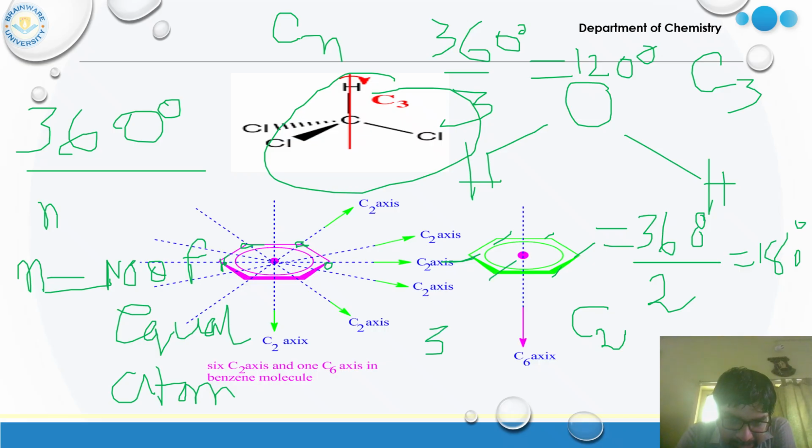Rotation will be 360 degrees by 6, which means 60 degrees. So the molecule possesses C6. So in this lecture, we have completed the angle of rotation, Biot's law, and enantiomers, diastereomers,